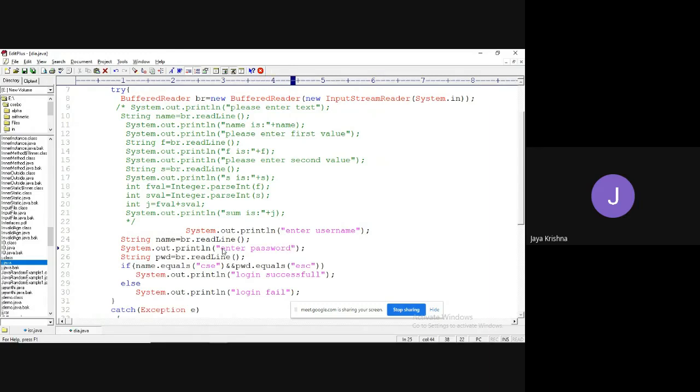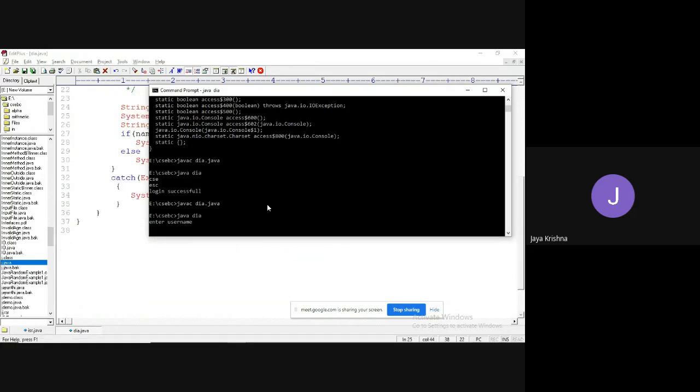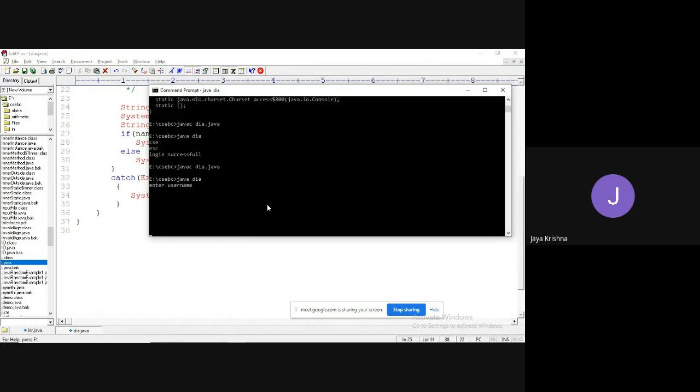Otherwise the user won't understand what happened. Now the previous execution and this execution are different. Enter username CSC, enter password some JKL, login fail. Now you understood very clearly, right?